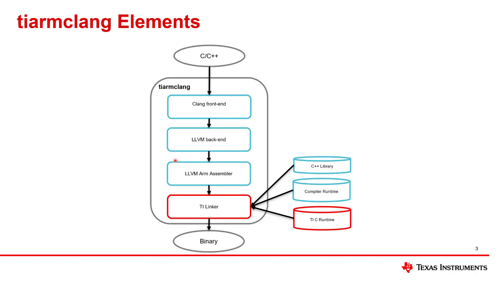The assembly code is then processed by this next box here, titled the LLVM ARM assembler. Its job is to turn the assembly code into object code. The object code is then an input to the TI linker, okay, along with these libraries that we're showing here. And these are the libraries that come with the C compiler. Now, in real life, we all know that there are many more object files and many more libraries that participate in the link, but that's all we're showing in this diagram right here. So the linker does its job, and then it finally produces the binary. Okay, so those are the elements of the compiler that we're talking about.